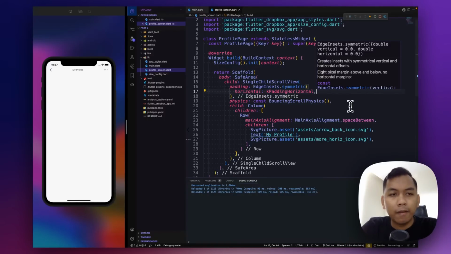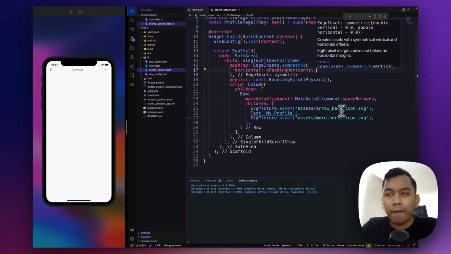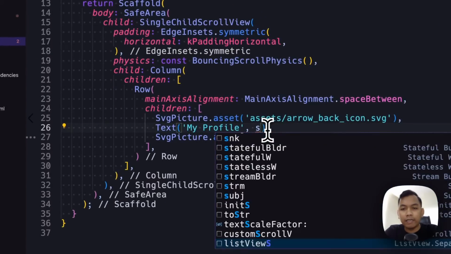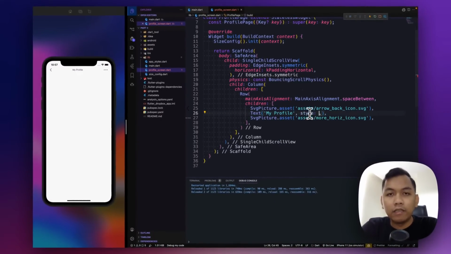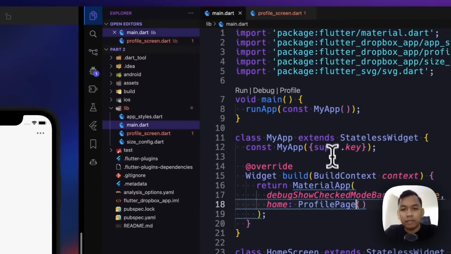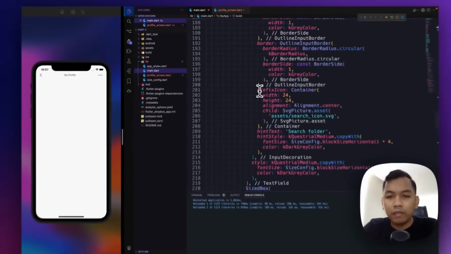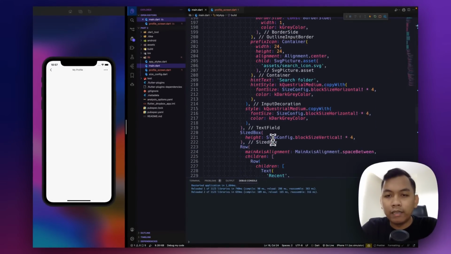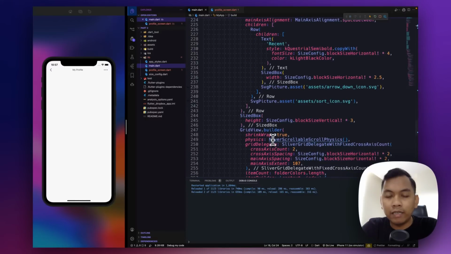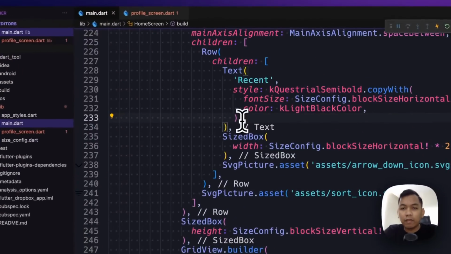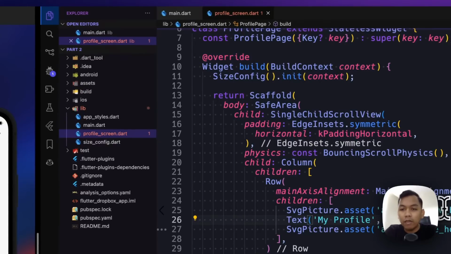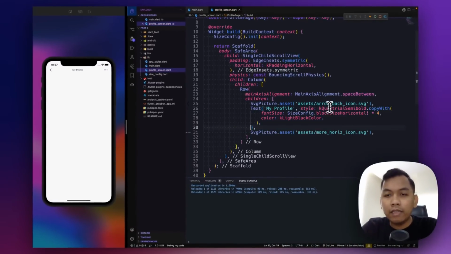And the next, we need to add styling here, like the previous, which is this main. Usually we use a font style and so on. So just copy this for now, and set the style.